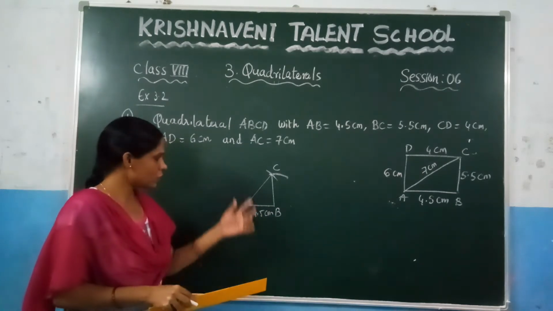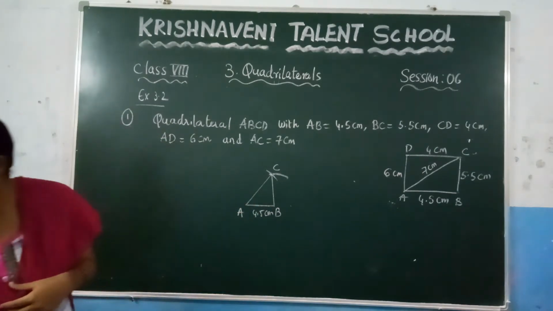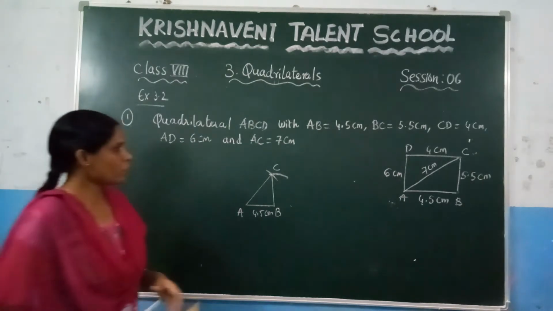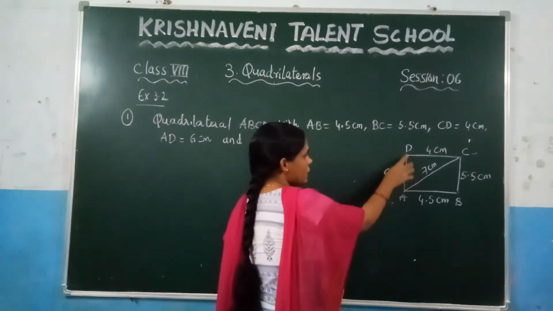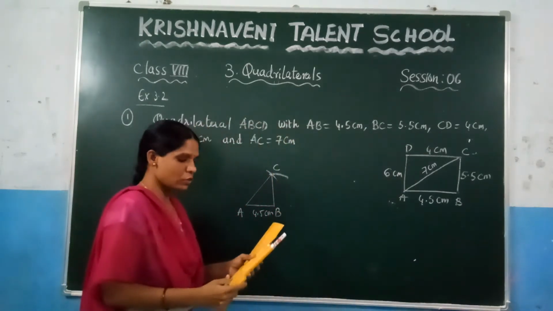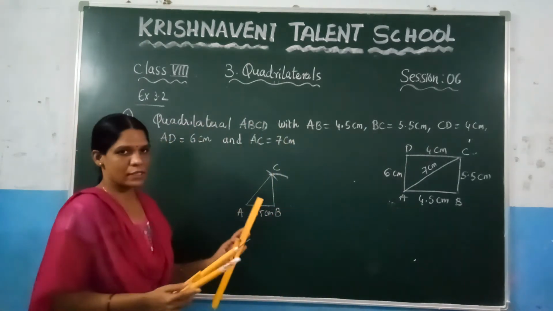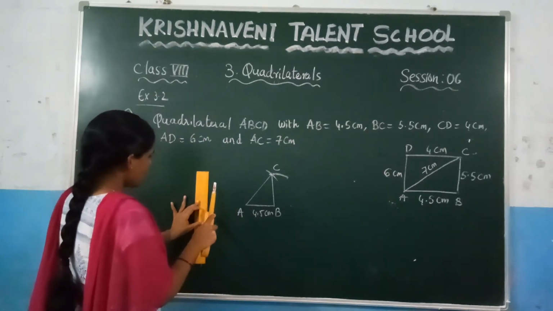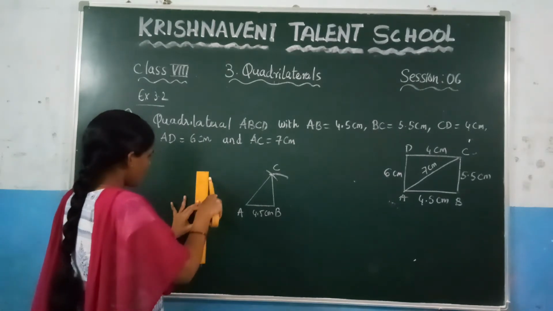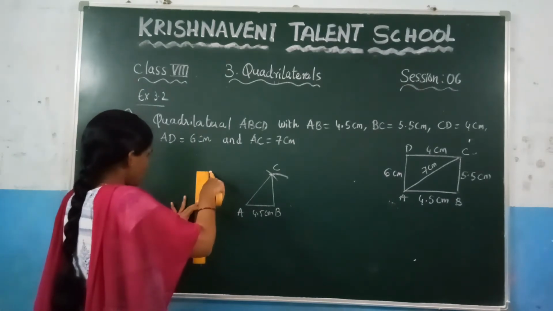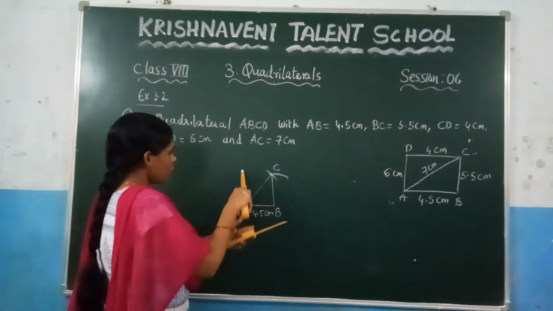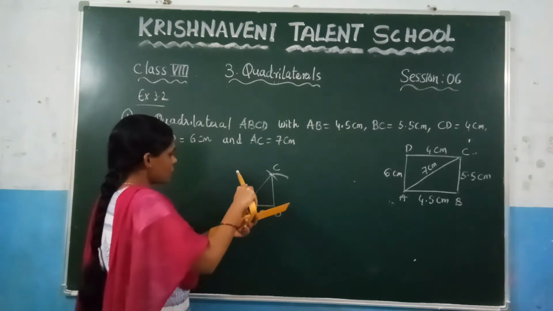Now we need to know the other vertices. We need to mark the other vertices. So here again, what is the distance given here? AD, the distance given as 6 centimeters. Now here you need to take 6 centimeters length. So let us keep here 6 centimeters, and up to 0 you need to take the radius. This is 6 centimeters. So at this point A, you need to make an arc of 6 centimeters.